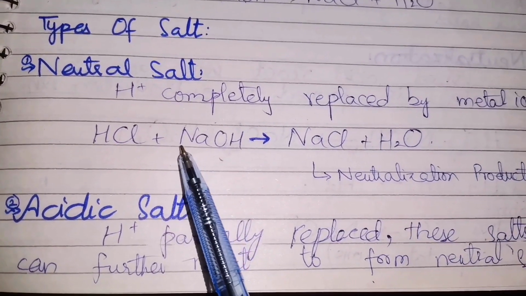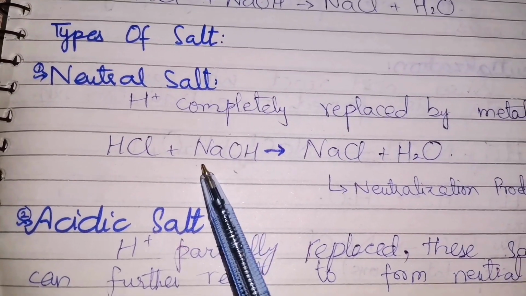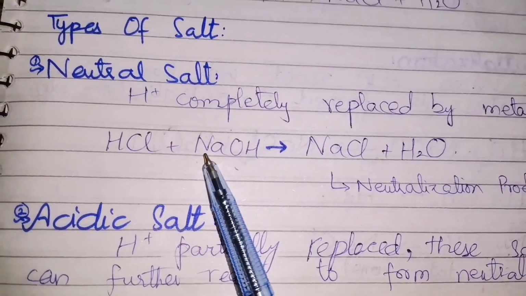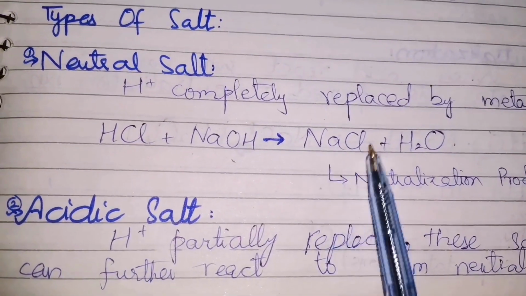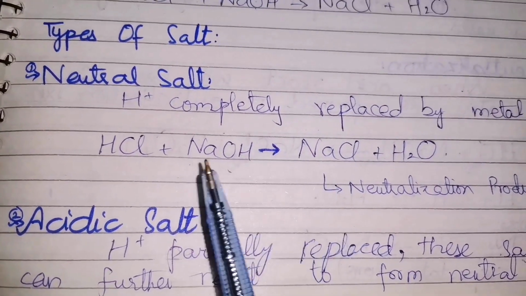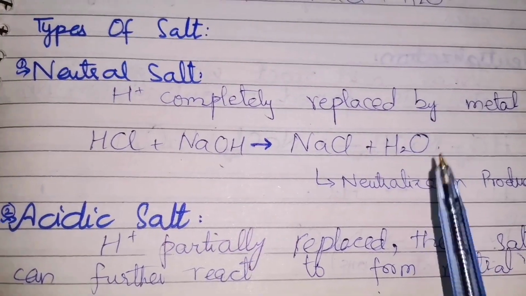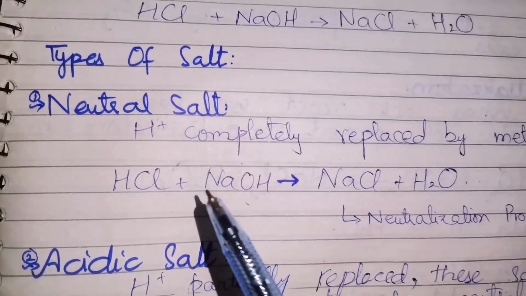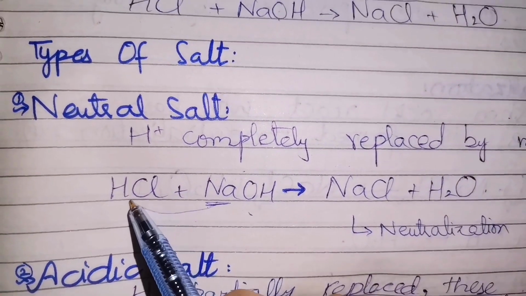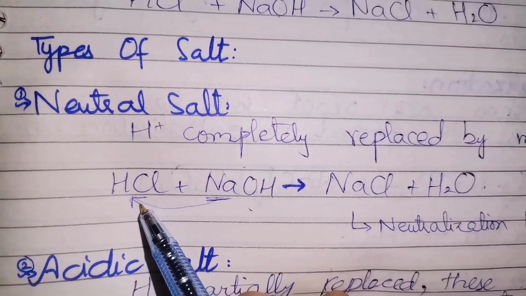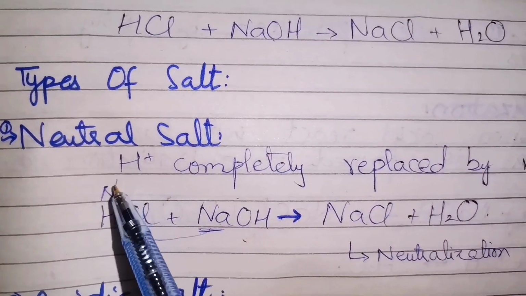Which one is the metal ion over here? Na is the metal ion. We say sodium metal, right? So this sodium metal replaces the hydrogen and forms NaCl, and the other product that is formed as a result of this reaction is water. See over here, this sodium metal will replace this hydrogen and it will come in its place. When it comes in its place, here it will be Na